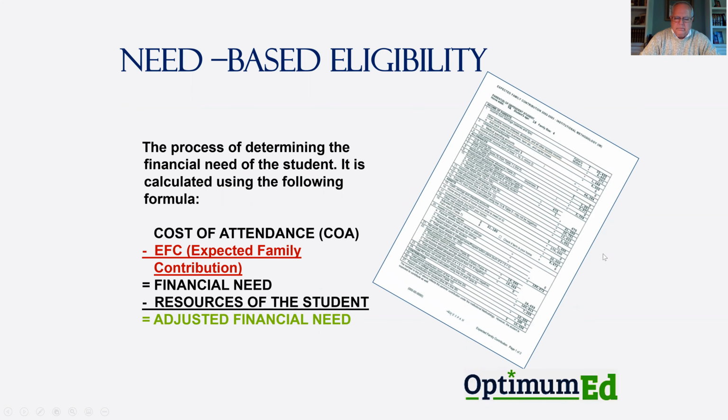So we're going to talk about need-based primarily, because I think the merit side of things is pretty straightforward. The schools have scholarship programs, and a lot of times you go to the website and they'll tell you what the qualifications are and whether your student is eligible to receive that money. In some cases, the schools are very delineated in terms of the requirements for different levels of assistance. You have to have this GPA and these test scores to get this level of financial assistance. Others, it's a little more subjective and a little more mysterious, but each school is different, and so you can't make general statements. You need to do the research and see exactly what the programs are, what the qualifications are for those merit